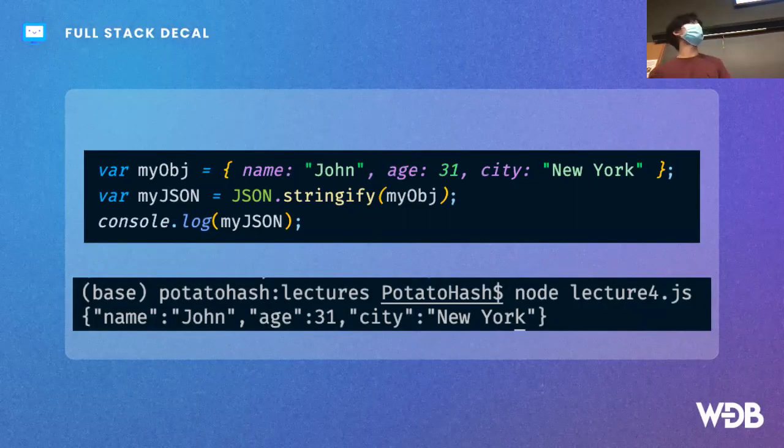What's cool about JSONs is that in JavaScript, you can convert between JavaScript objects and JSONs pretty easily. Here we have my object, which is a JavaScript object that we defined with some generic keys and values. We try to convert this to a JSON, and we can use the built-in method JSON.stringify on my object and store this into my JSON. If we console.log it, we see that it looks very similar to the object itself, except